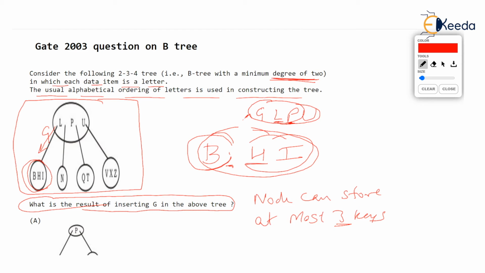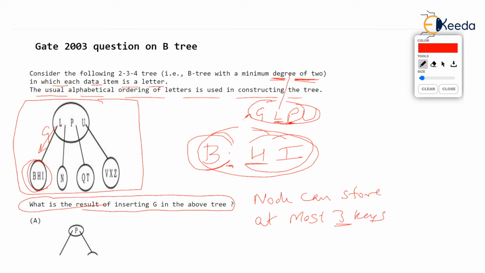Because when it was BGHI, you appointed the left candidate as the median. You didn't appoint the right candidate H as the median. So you have to be consistent with your decision, isn't it? I hope you are understanding. Now this time suddenly you can't say I will appoint the third key as the median, that is P, and P will go up to the root. So be consistent, and L will be sent up. Oh, I'm so sorry. L will be sent up to become a new root.